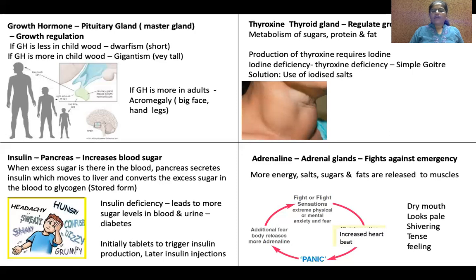Okay, now the fourth hormone, that is the adrenal glands, produces a hormone called adrenaline. This is called the emergency hormone. Whereas the pituitary gland is a master gland, the adrenal gland is called the emergency gland, and this hormone is called the emergency hormone. It produces only when we